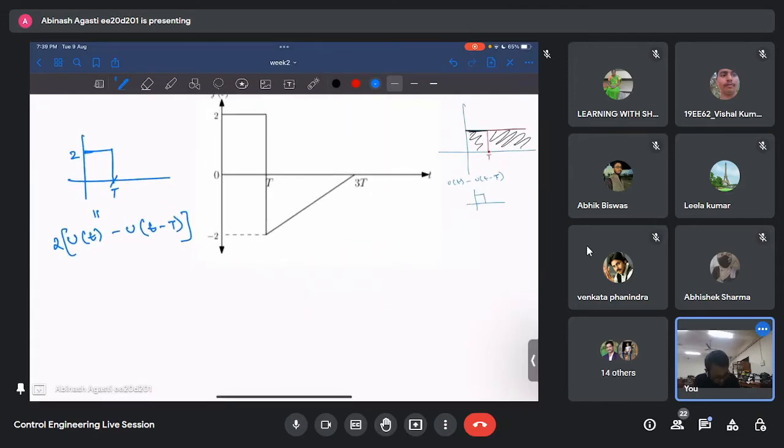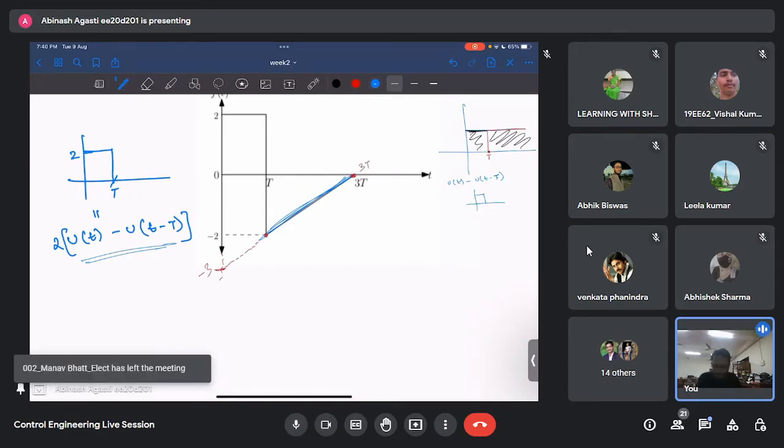So we can write this pulse part as this thing. Now we want to see how we can write this line. First of all it is just a straight line, okay? So maybe I'll try to extrapolate it, and going by the slope, this should be minus 3, right? This is 3t. So slope is 1 by t, and this is just a straight line with some intercept. So we can write the formula for that. 1 by t